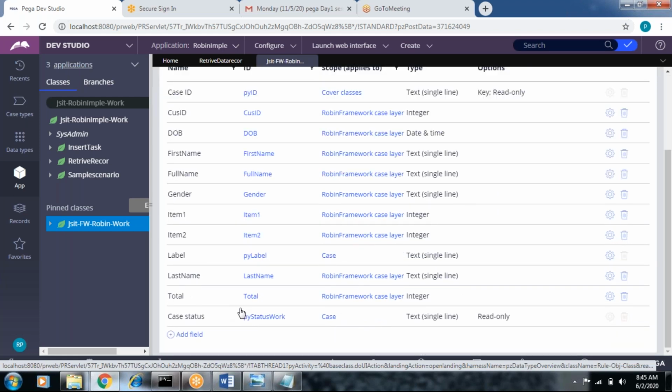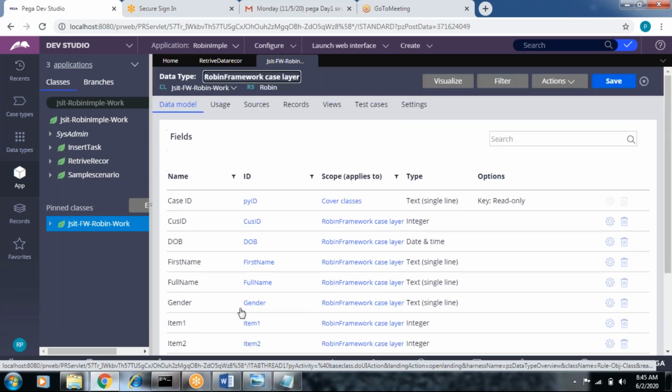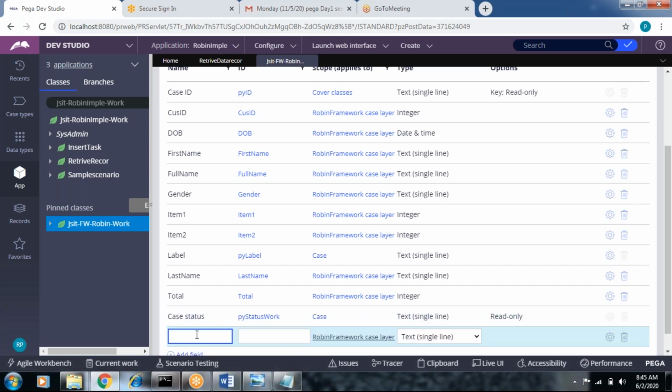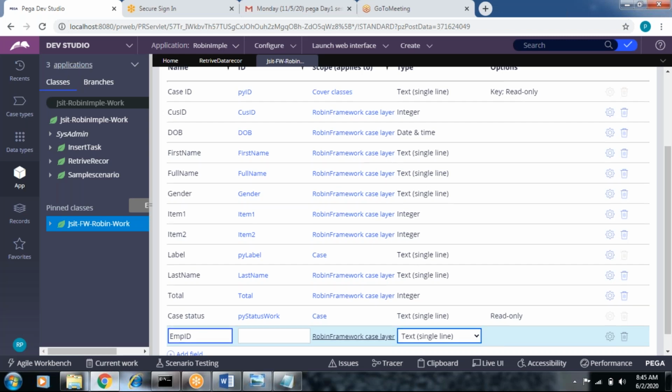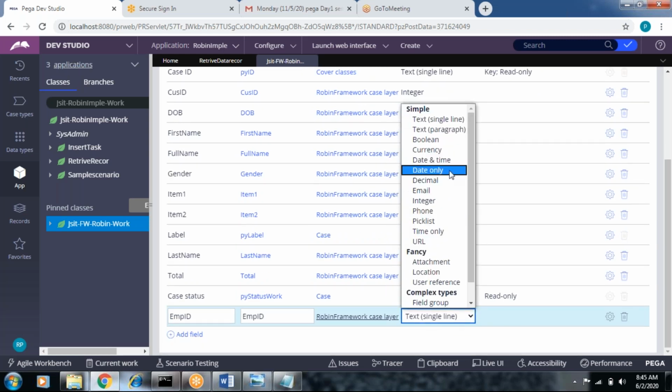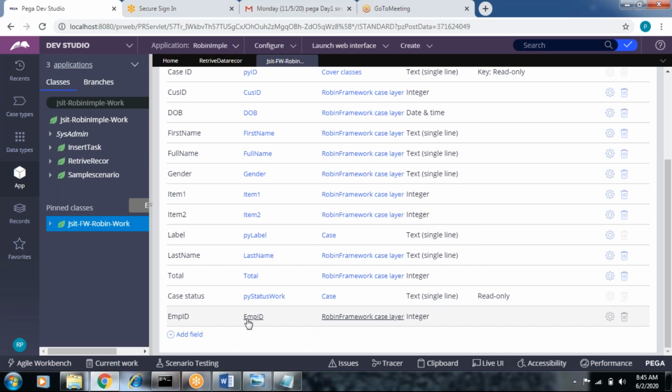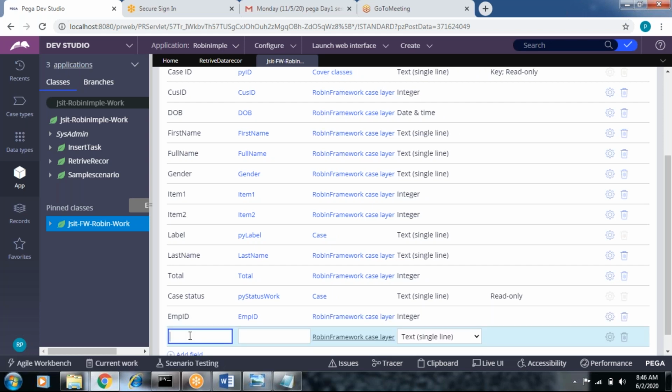So just create the properties. And the data types here are the same. While creating the data table, whatever data types you mentioned there, we should specify the same data types in the case type, in the framework also. Remember that.